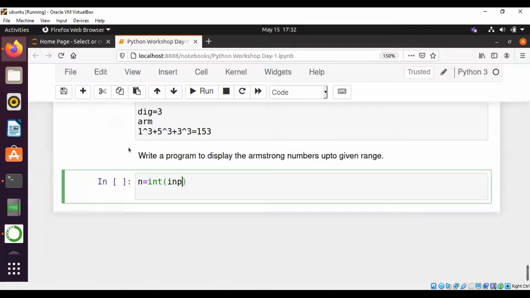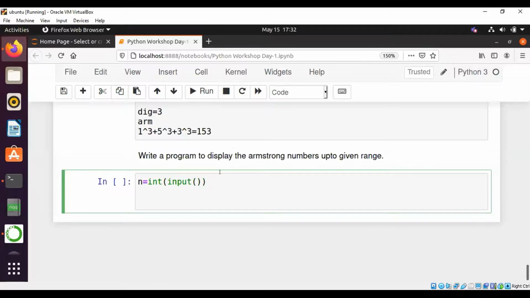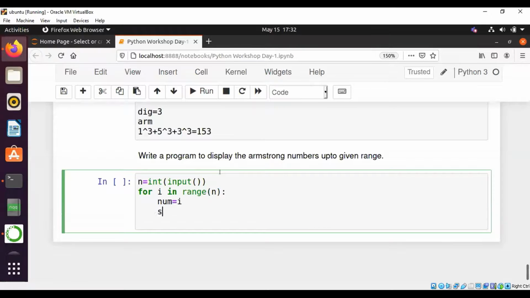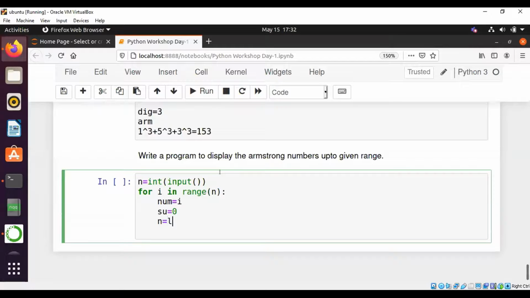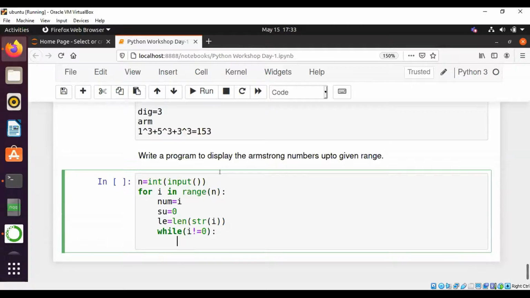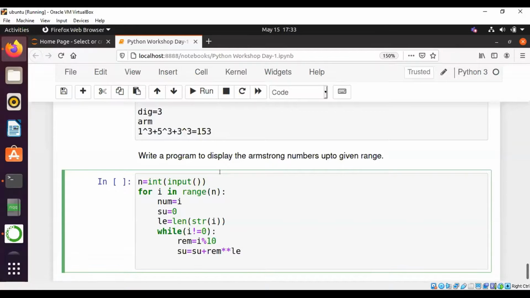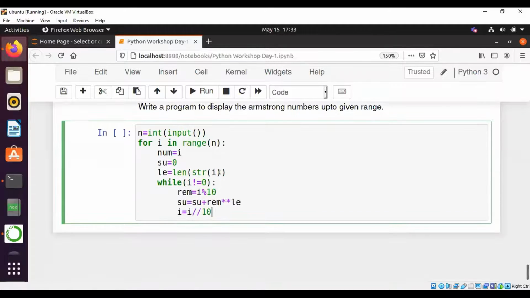The indentation is not perfect. No, it's perfect. Let's see.